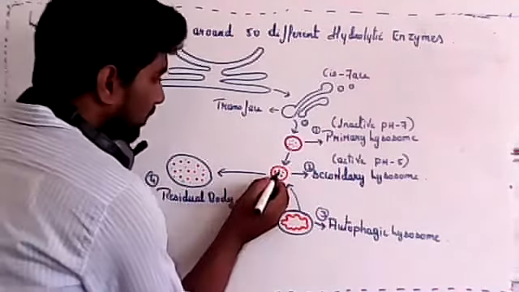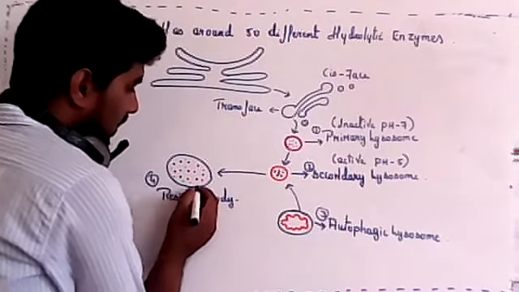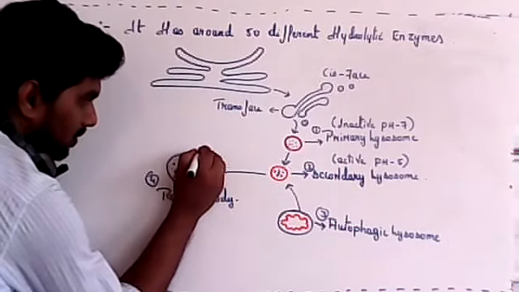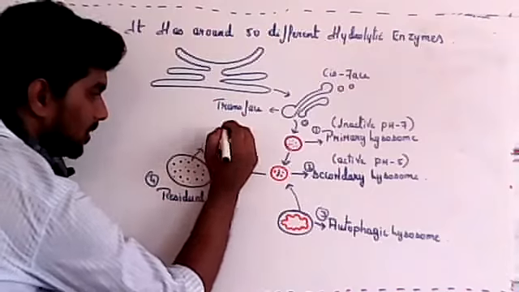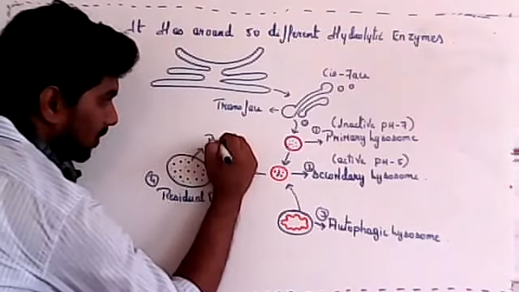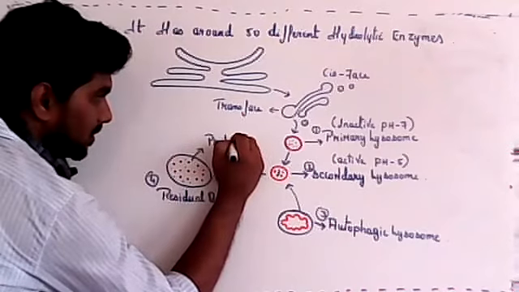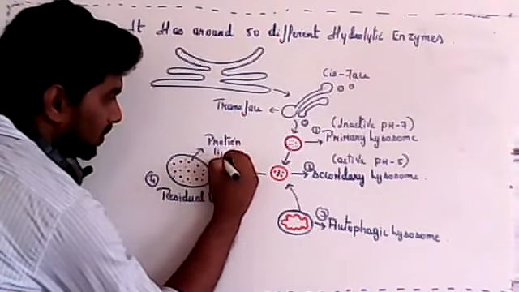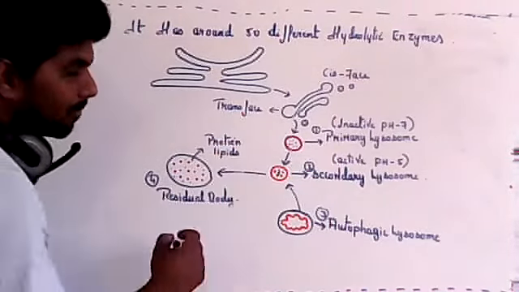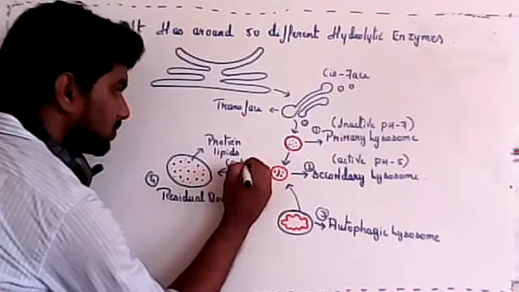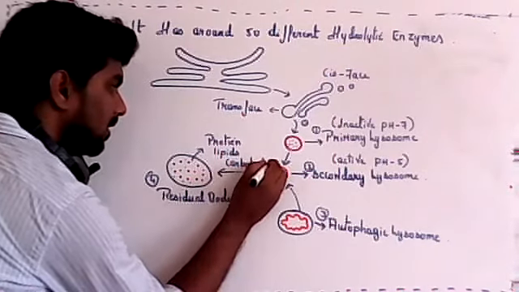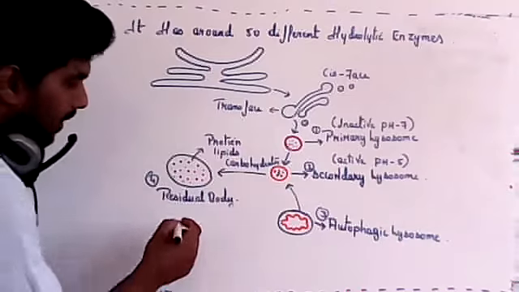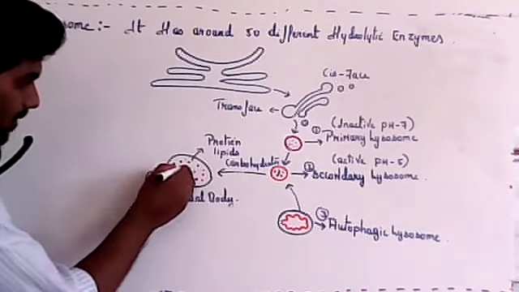Now, if any food is digested, the digested food will come out. Digestion means the proteins, lipids and carbohydrates, the major components present in different kinds of organelles or any waste material. The first one is protein, so they will come out and are recycled back. Then lipids, they are also recycled back. Then carbohydrates, they are also recycled back. So all these are digested material and they come outside, and the undigested material will stay inside.